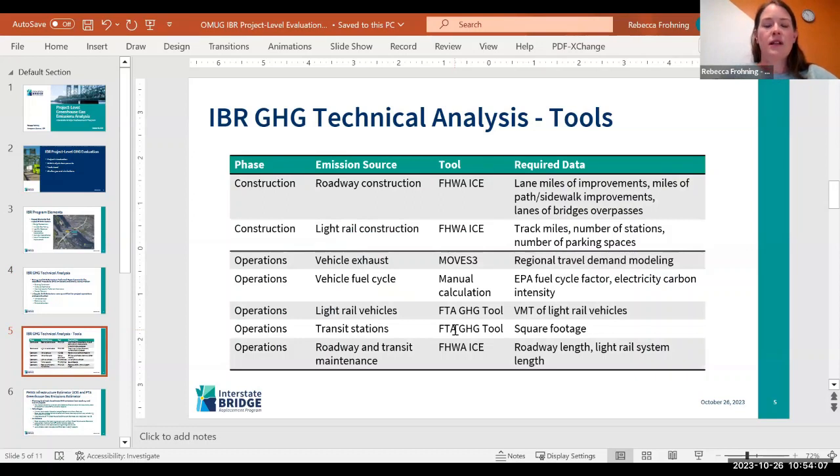So this table lists the tools that we use for these different components. For the construction, which is the first two bars here, these were evaluated using the FHWA ICE tool that I think Natalie just mentioned in the previous presentation. And then the level of detail required for these types of tools is pretty basic